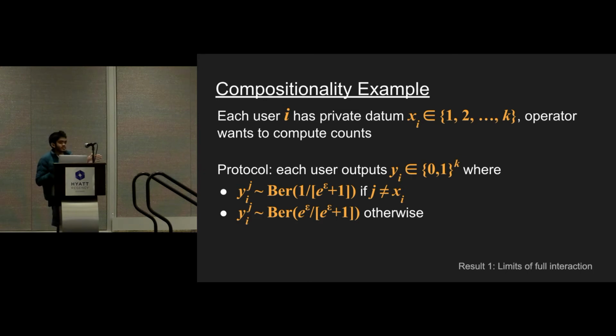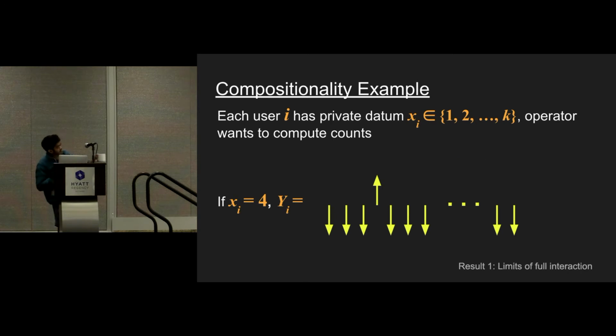For the index in the length k vector that corresponds to a true point, it's going to be a bit biased toward 1. And for every other index, it's going to be a bit biased toward 0. So it's like a random vector of length k that's barely non-uniform. There's one point where it's different. So visually, if the person's point was the fourth thing, for every other index they're outputting a bit from a distribution biased toward 0, but for the fourth index, it's a bit with a distribution biased toward 1.